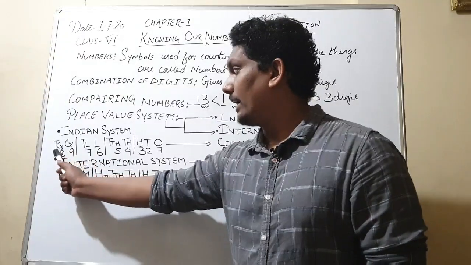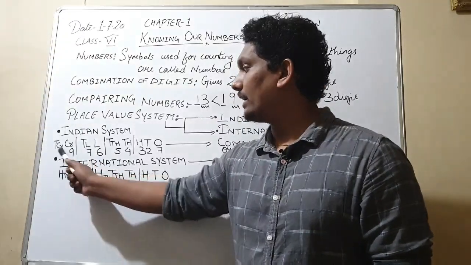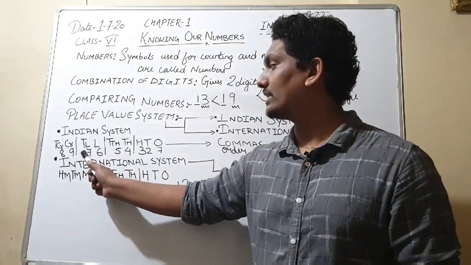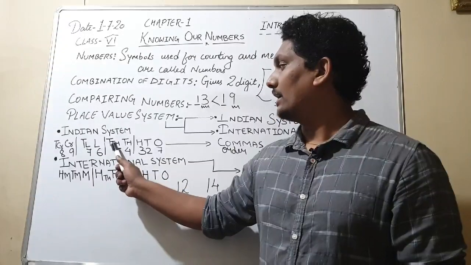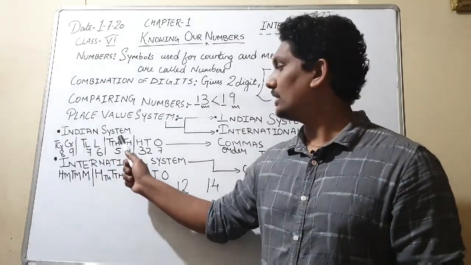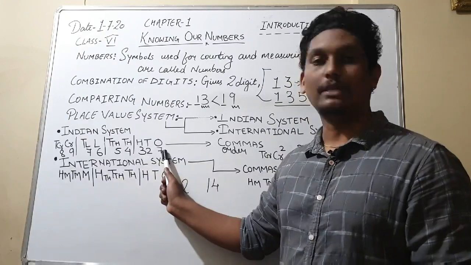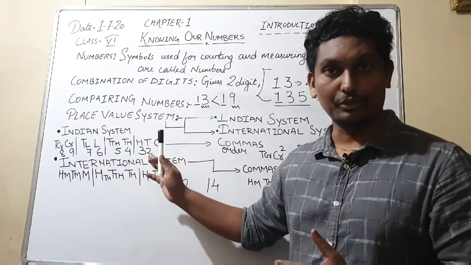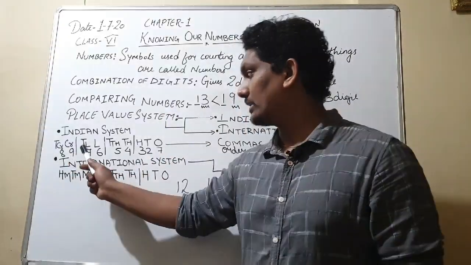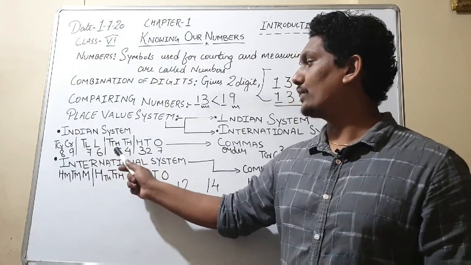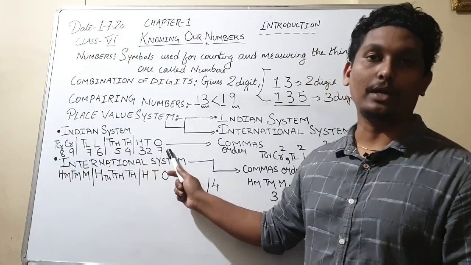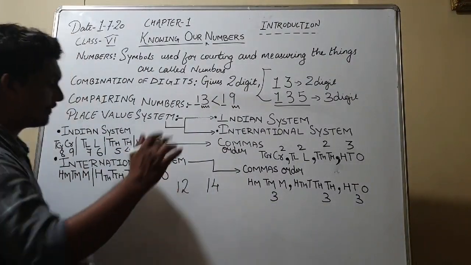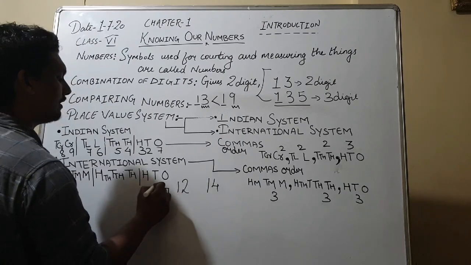It means 89 is under crore, so we will read 89 crore. 76 is under the lakh, so we will read 76 lakhs. 54,327. In the same order we have to read the number. 89 crore, 76 lakh, 54,327. Okay.